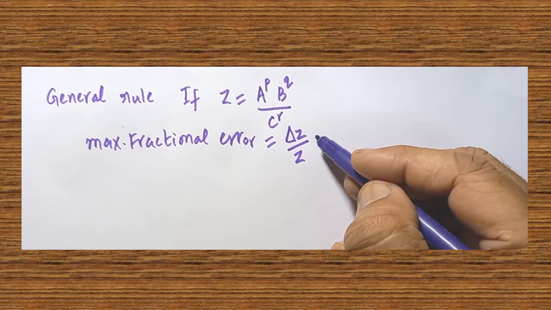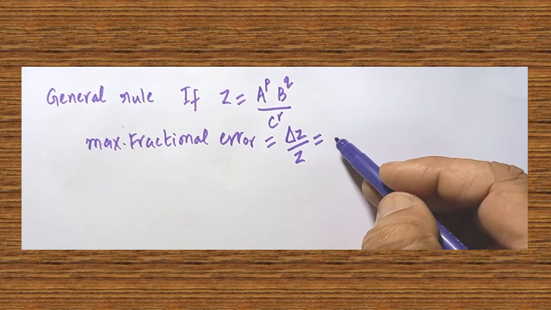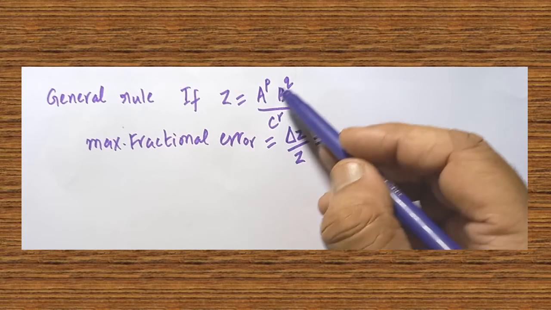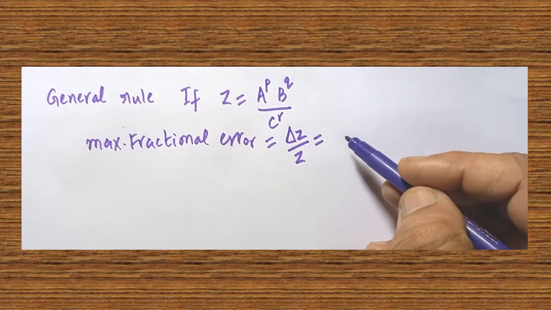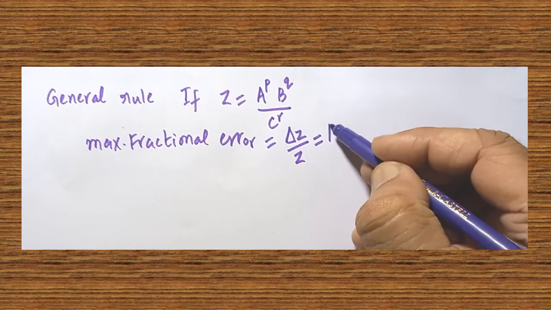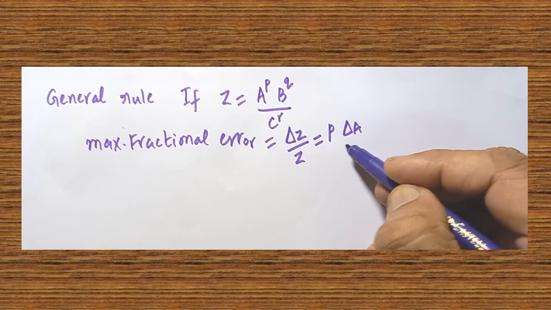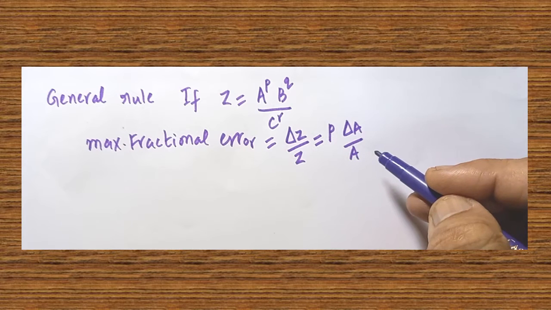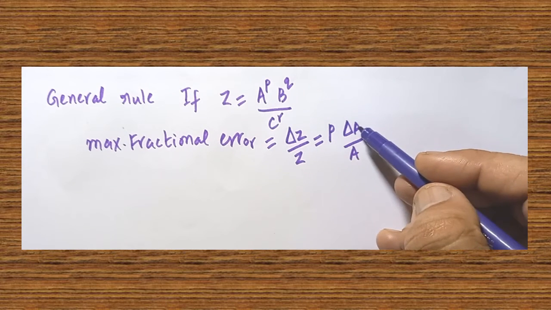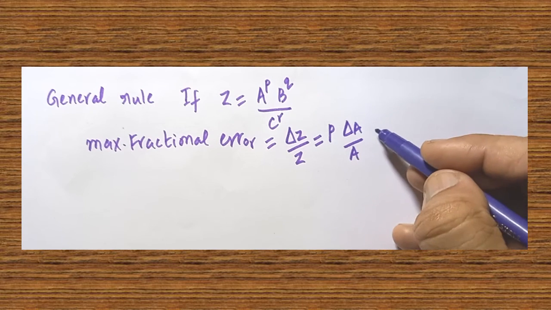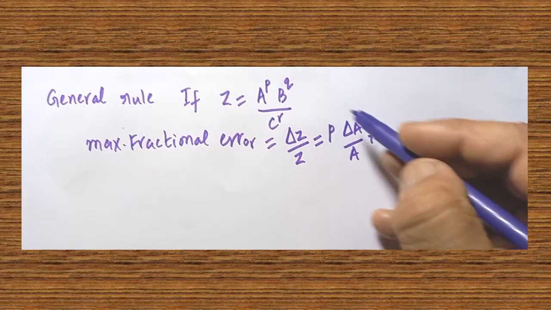To get this expression, I am going to write one rule. The same rule must be adopted and followed while finding the answer if proper values are given. How to write this? Write the power p and del a divided by a. In that format we have to write. A is the first quantity, no? Del A divided by A. You know what del A is? Del A is the absolute error. Absolute error divided by the quantity. Plus, what is the next factor?